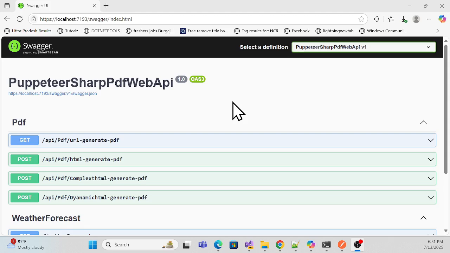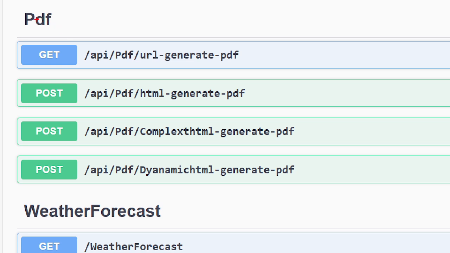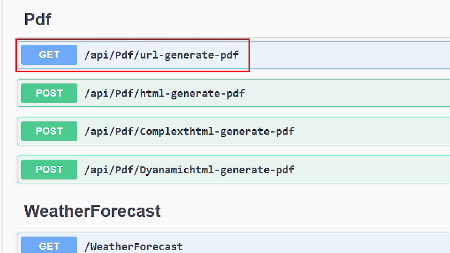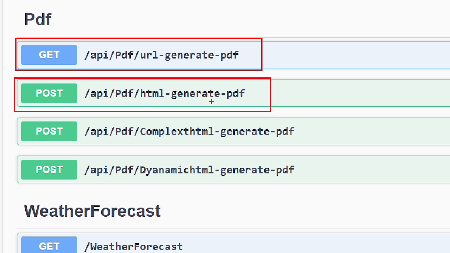Let's see a quick demo of .NET PDF generation, any type of PDF generation. Here I built a web API application where I created a PDF controller, which can generate a PDF from a simple URL, any site's URL. Then I can also generate HTML